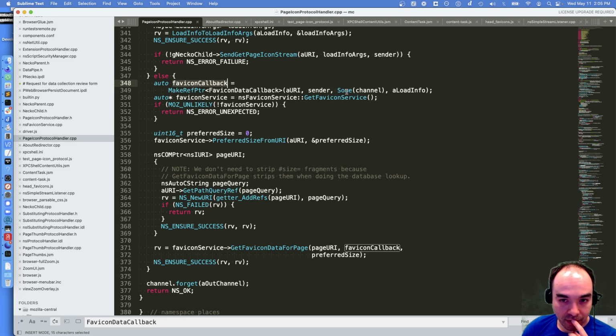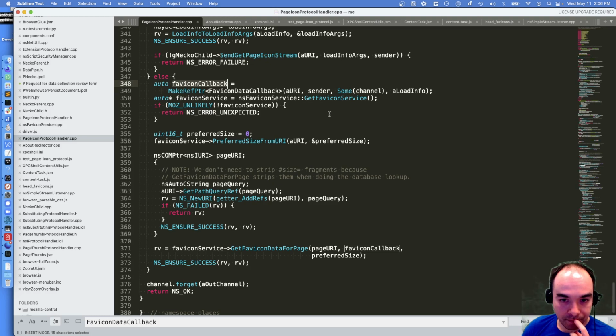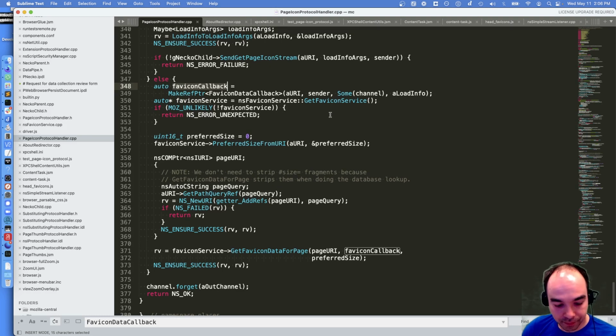Pass the resolver. Wheels within wheels.